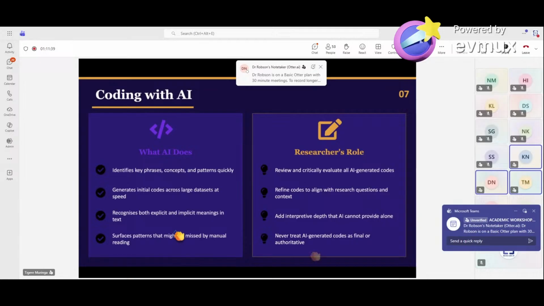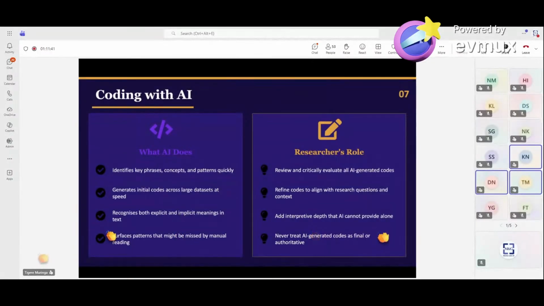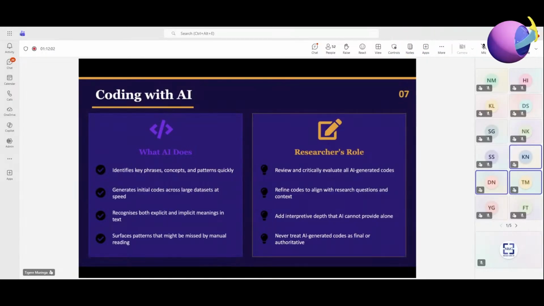We need to know that there is no time to do color coding, right? If you work for a large firm that is working on data collection and analysis, they will tell you that we have a large data set of 2,000, right? We don't have time to sit down and do color coding. So we need to reinterrogate this as researchers, or as supervisors, as academics, to say, what are we training our